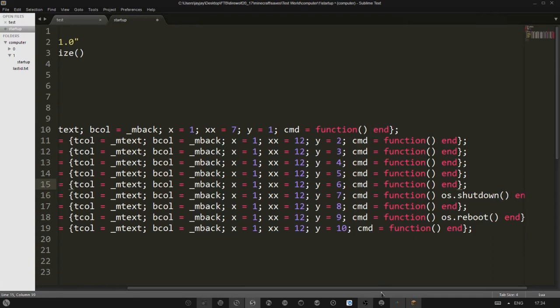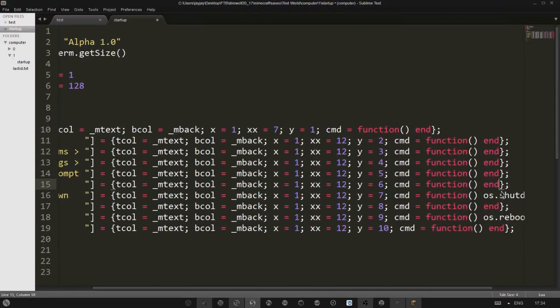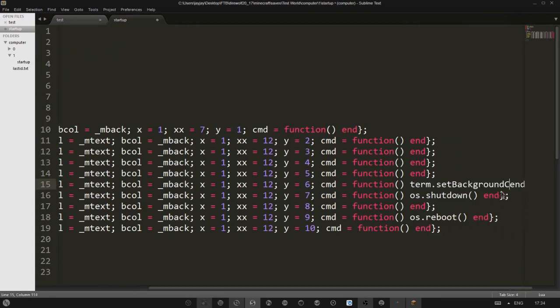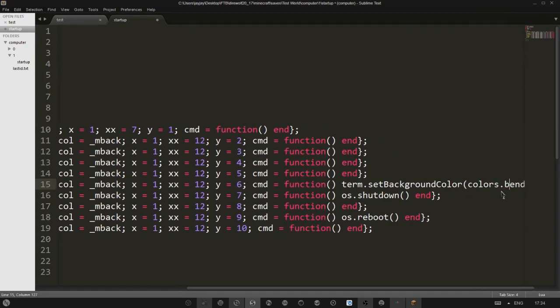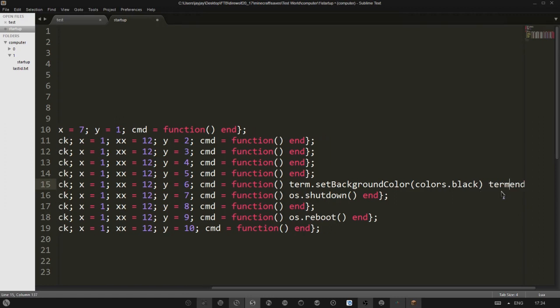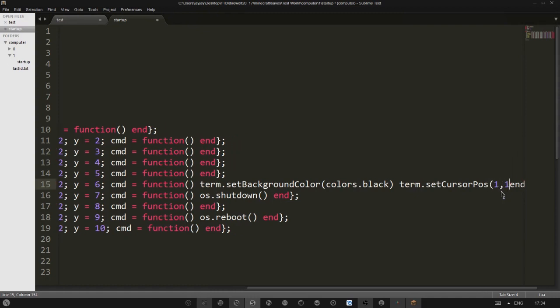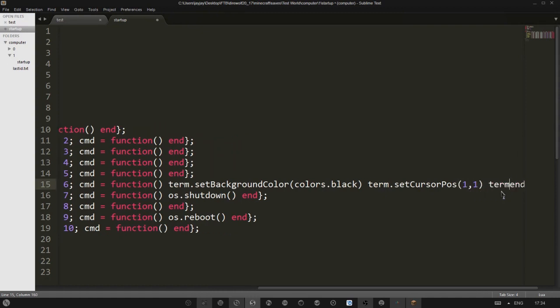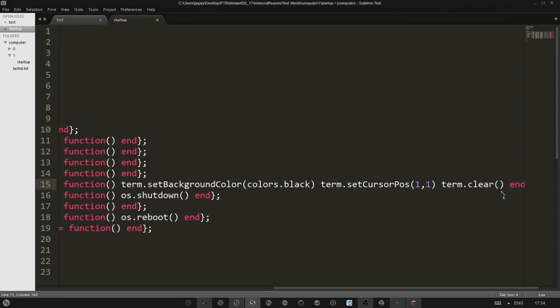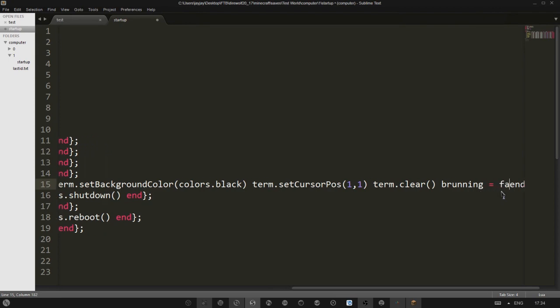The next part I'm going to do now will be the quit, which I'll just set this to term.setBackgroundColor, colors.black, so I'm going to set the background color of the terminal to black, term.setCursorPos, set it right to the beginning of the screen again, term.clear, and then as an extra function I'm going to go for b running equals false,